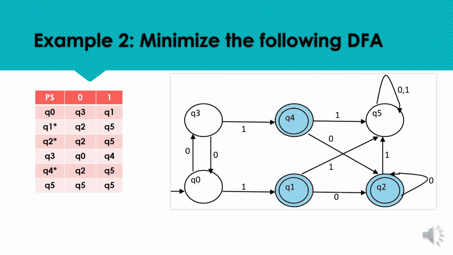So starting with the next example, to minimize the DFA, this is the DFA we need to minimize, and this is the transition table. As we can check carefully, here we are having no unreachable state, so we cannot remove any of the states as our first step was. So all the states will be considered for the minimization process, and we need to group the states into two groups, final and non-final states. Here we can check that Q0, Q3 and Q5 are the non-final states, and the states marked with blue color and double circle are the final states.